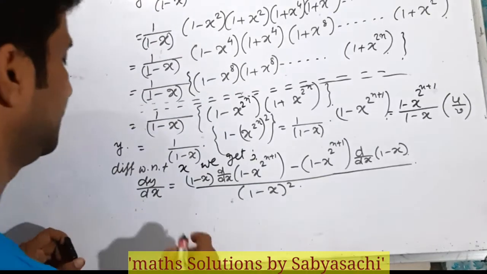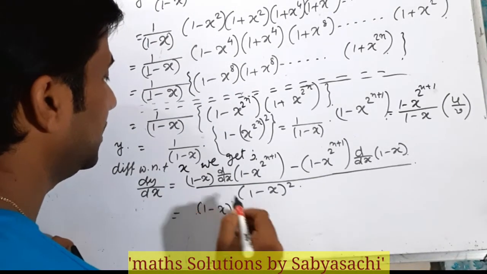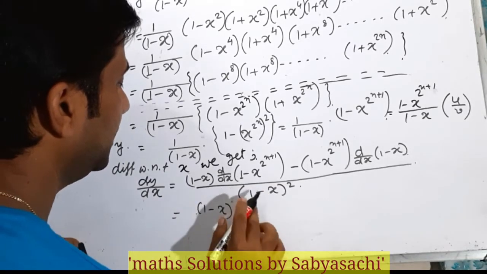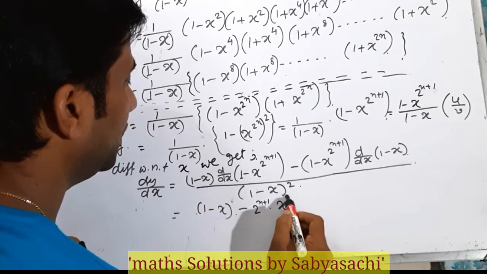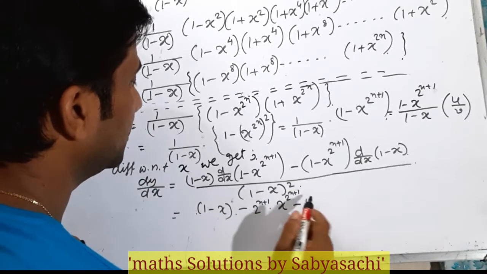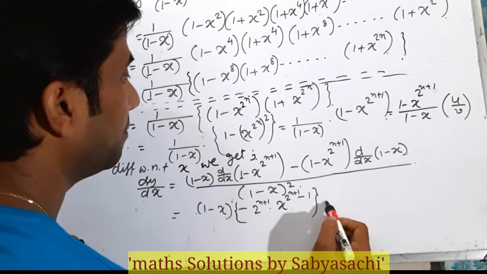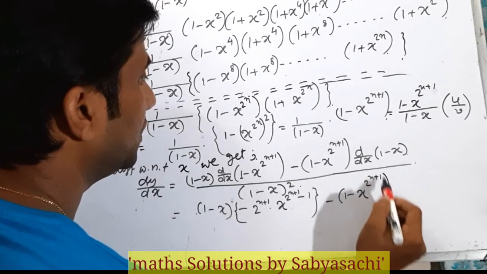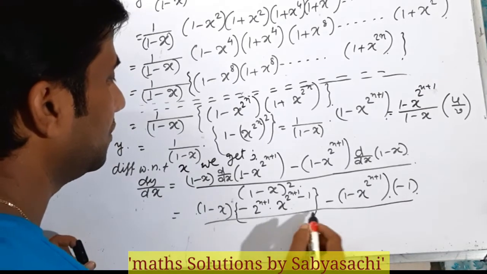That means this is equal to (1 minus x) into 2 to the power n plus 1 into x to the power 2 to the power n plus 1 minus 1, minus (1 minus x to the power 2 to the power n plus 1) into minus 1